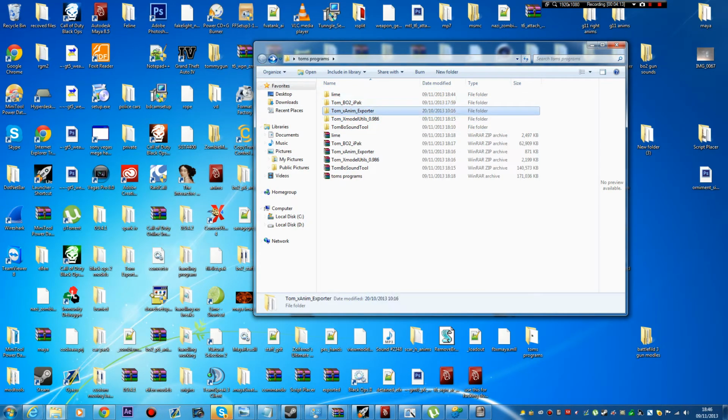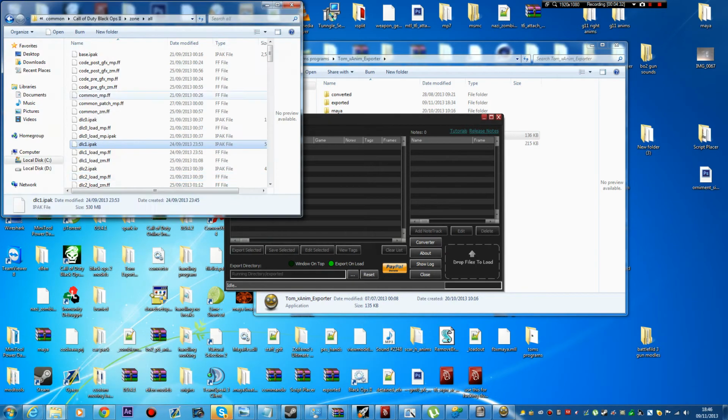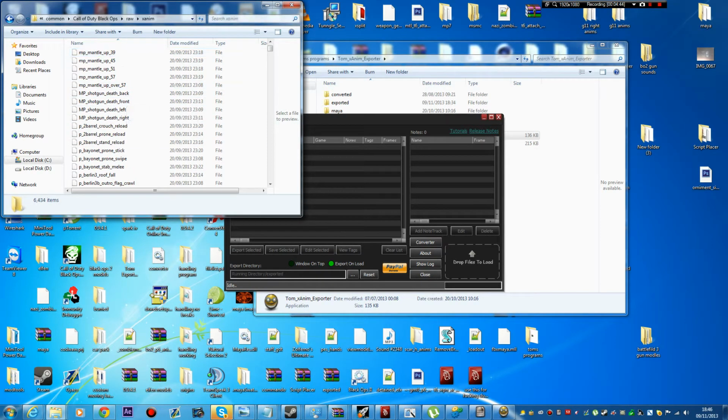So that's that one. Xanim Explorer, quite a helpful tool, this one. Obviously exported and converted will have the converted ones in certain files. So if I load this up quickly, and then I very quickly go to Common, Black Ops, Raw, oh crap, wrong one, Raw, Xanim, and just type in cult. Basically, when it loads up the cult, which it shouldn't take too long, you could put an anim into there, export it, and it will put it into a tanim,